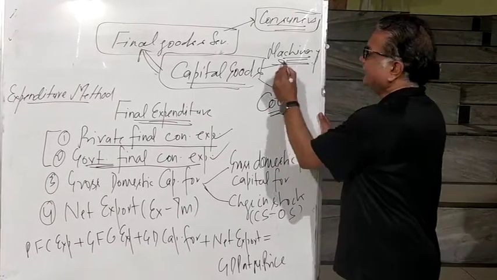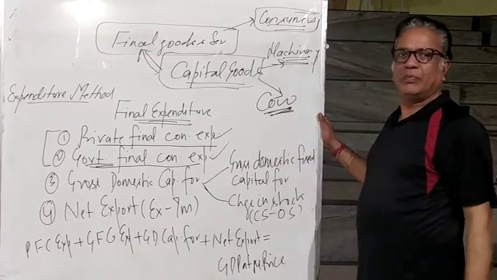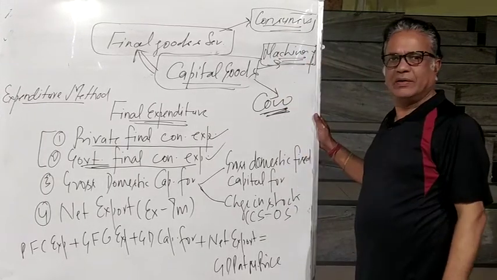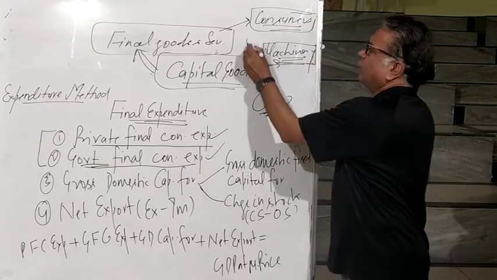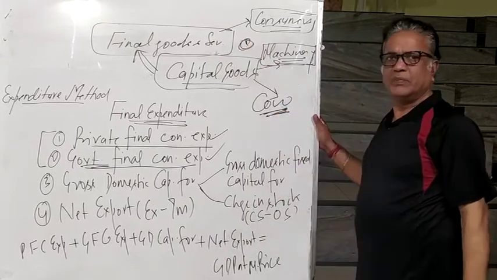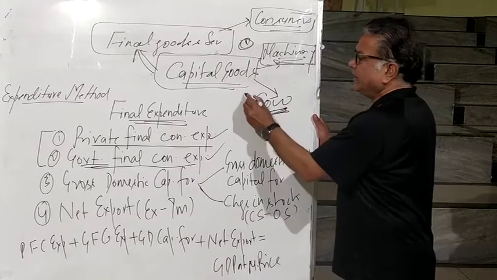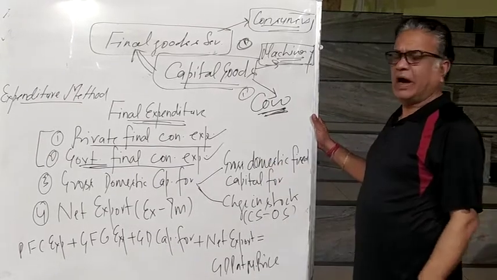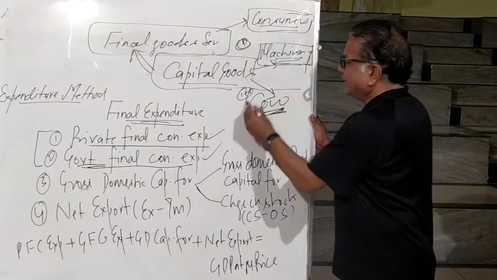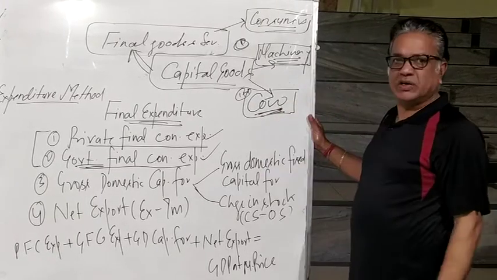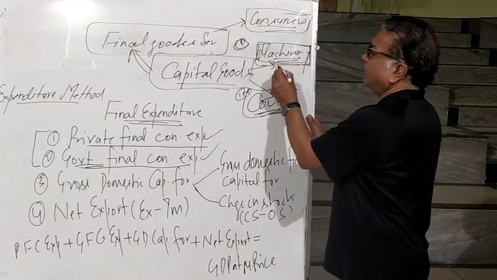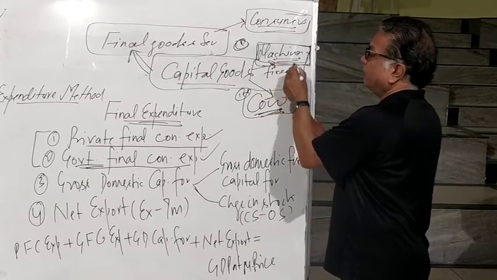Now what is the difference between the machine and the cow? The machine is a fixed asset, right? If today you have one machine, even after 1 year it will remain one. But in case of the cow, if today you have one, after 2 years maybe 1 plus 1. So here the stock is going to change and here the stock is not going to change. That is called fixed capital. What do we call it? Fixed capital.